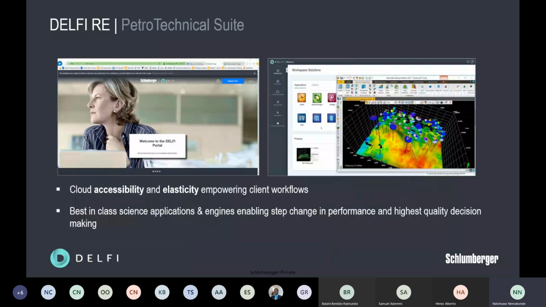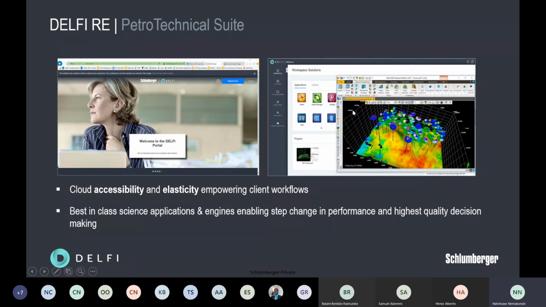So just looking again closely at the Petrotechnical Suite, as I mentioned, all you have to do is have internet connectivity, and you need to have a subscription or a profile, right? Obviously, depending on what domain you're in, you'll have a profile that will have software that is specific to what you want to do. As a reservoir engineer, you'll have Petro RE, you'll have Eclipse, you'll have Intersect, and all the other reservoir engineering tools. So what you'll do is then you go to the Delphi site, log in, and